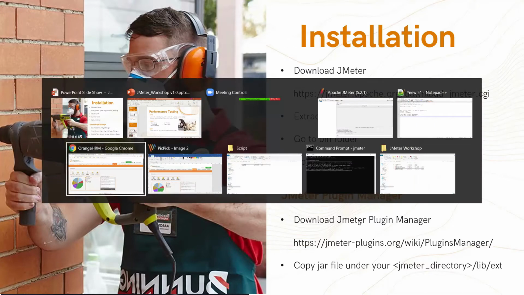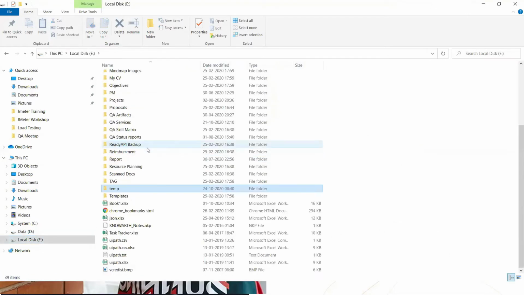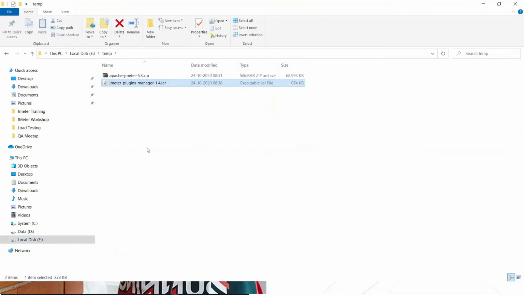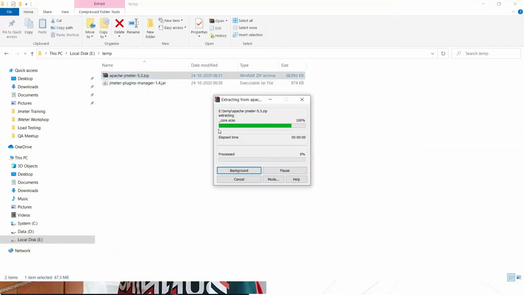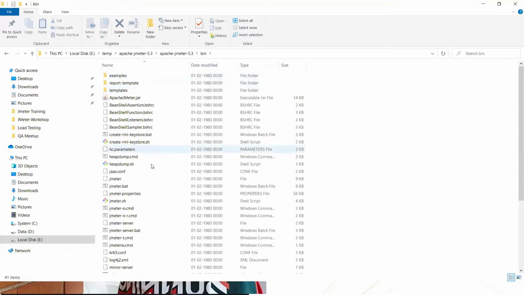Let me quickly show you an example. I downloaded that zip file in the morning. I'll extract that. Once extracted, I'll go to my bin folder, and I do have this jmeter.bat file. I just need to double click on that and my JMeter will start.